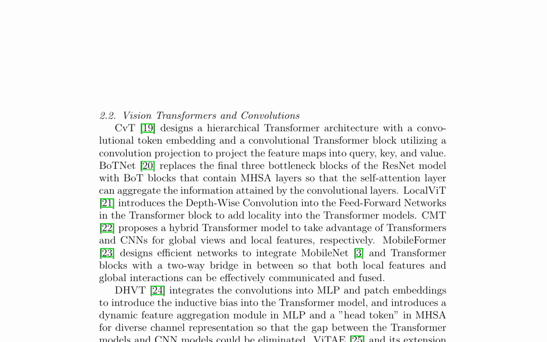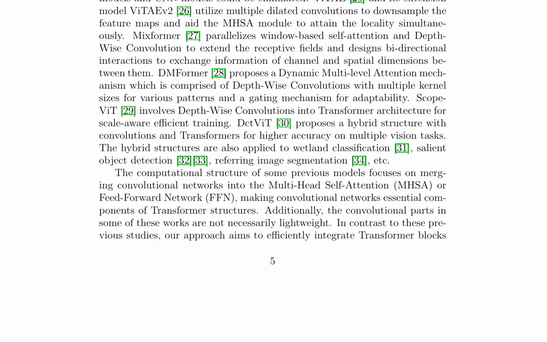The pioneering Vision Transformer (ViT) model, introduced by Dosovitskiy et al. in 2020, applies transformers to vision tasks by splitting images into patches and tokenizing them. Despite its effectiveness, ViT models often overlook the inductive bias inherent in images, leading to slow convergence and requiring more training iterations and large datasets. To address this limitation, a lightweight approach using depth-wise convolutions, DW-Conv, is proposed to efficiently integrate transformer blocks and convolutions